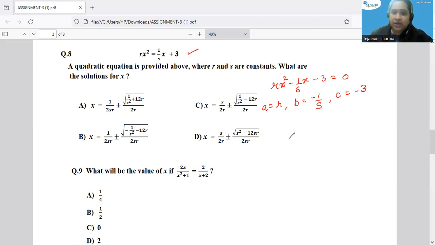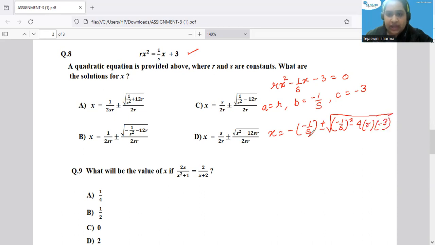And on putting in the quadratic formula, I can find it as negative b will be negative 1 by s here, then the symbol of negative and positive sign, then b to the power 2 means negative 1 by s to the power 2, then the value of a is r and the value of c is negative 3, and in the division you will write 2 into r. Now more on simplifying, you will get positive 1 by s, this plus minus symbol, and in the bracket you will have 1 by s to the power 2, negative and negative will be positive, so it is 12r